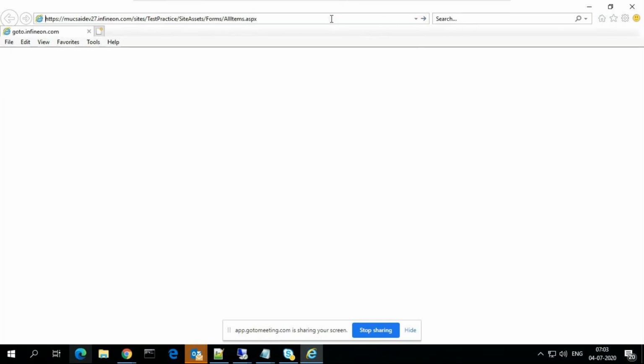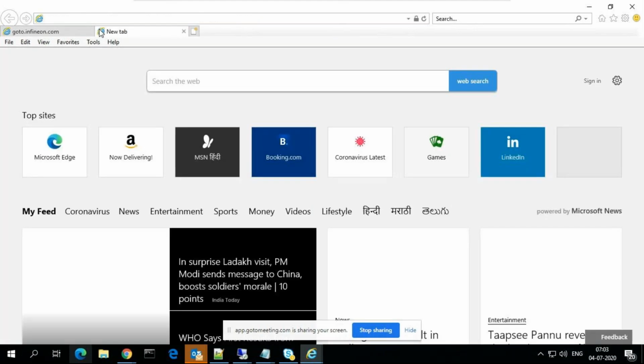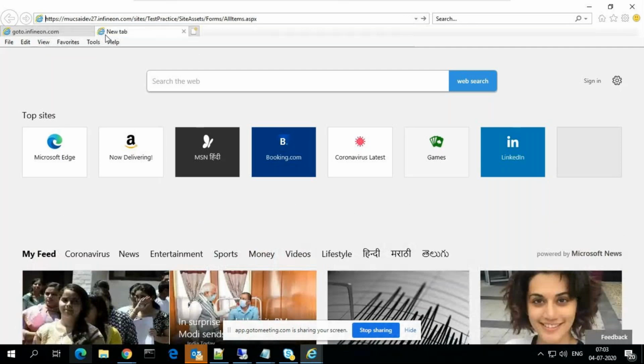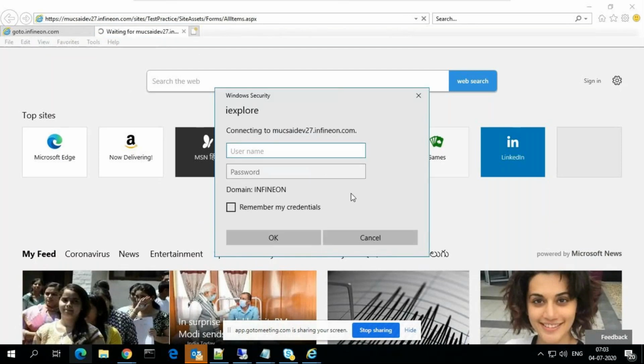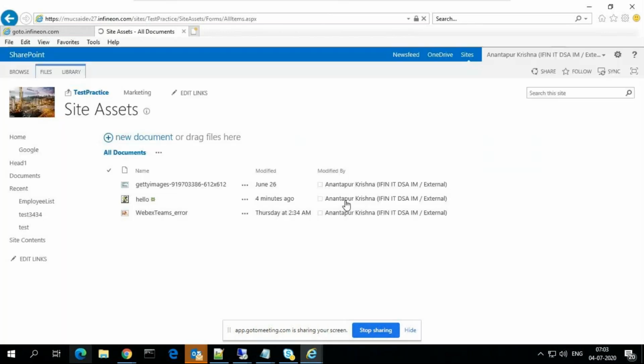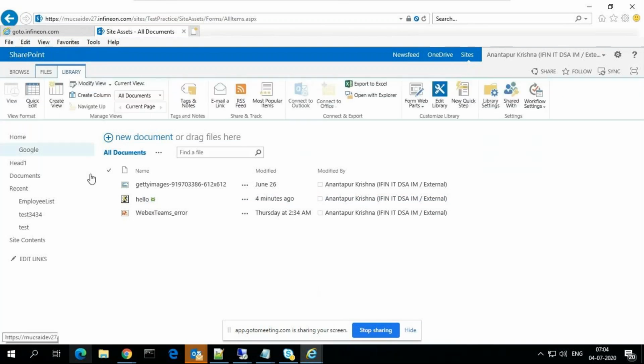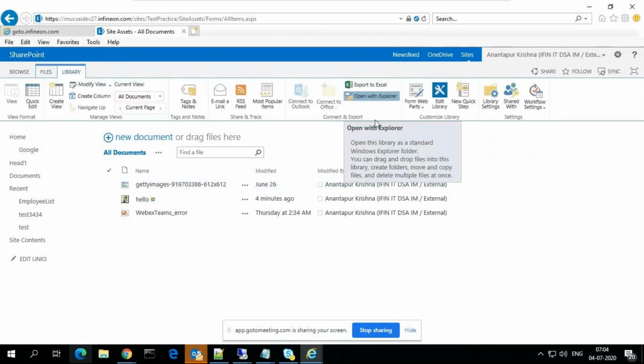So usually they will open that path. Usually they click the library, and that option is Open with Explorer.